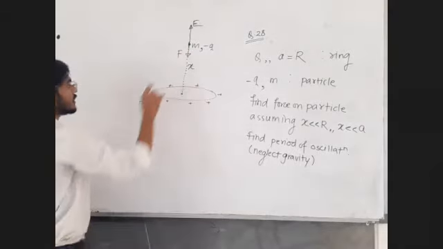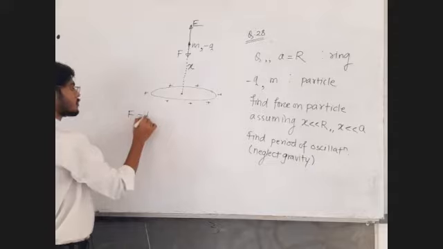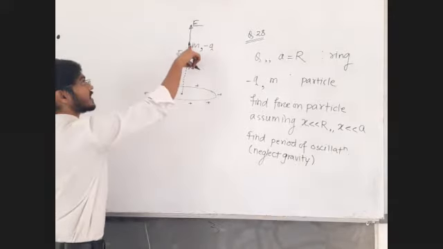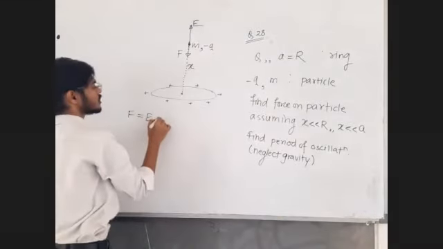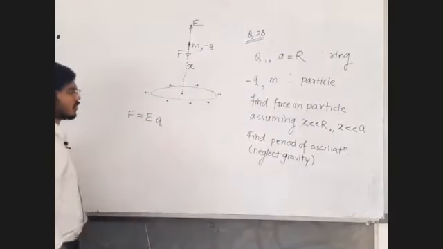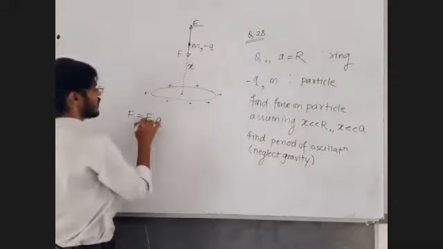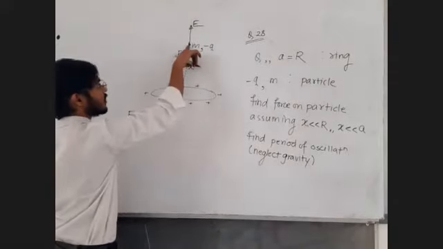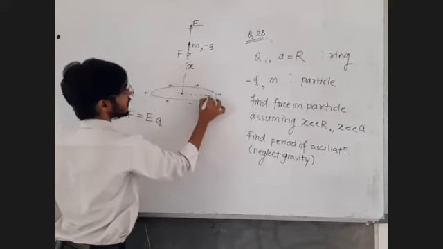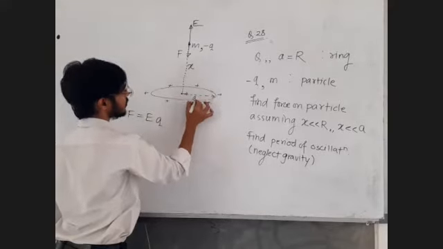Now let us write down the force. What is force? Electric field at that point multiplied by your charge, numerical value. Now we just want the numerical value, so we will not write minus. The direction we already know. Now what is the electric field at this point on the axis of the ring? Let's say the ring has a radius equal to small a. Very simple formula.